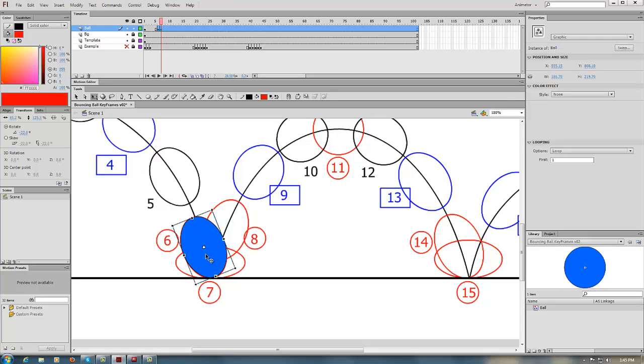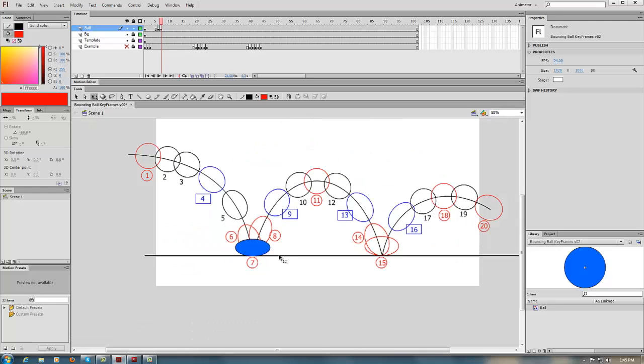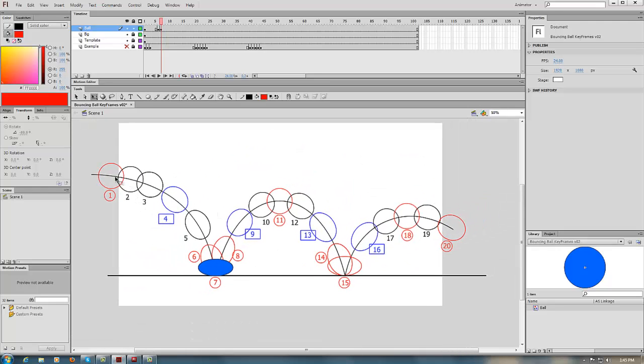Press F6 to make another keyframe. And we'll squash it down. So let me just explain for a minute exactly what's happening here. So as you can see on the template, the ball enters this screen, follows an arc, goes from slow,